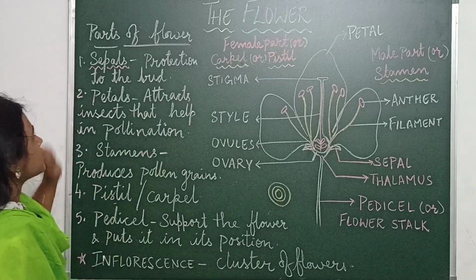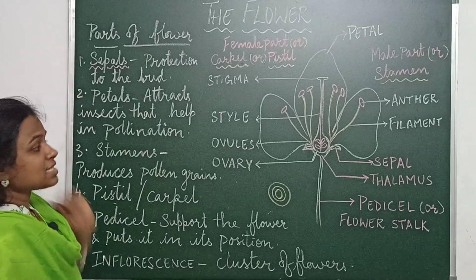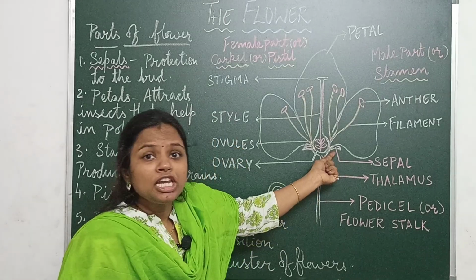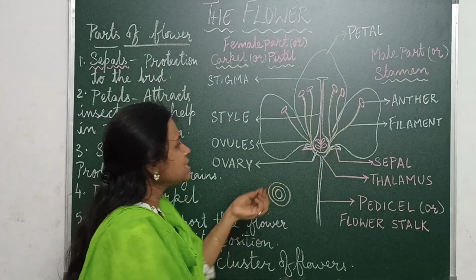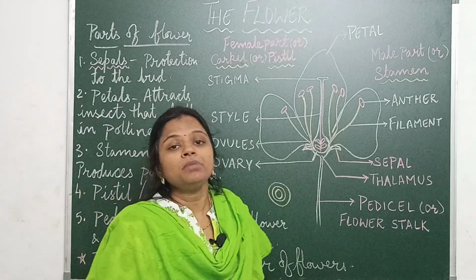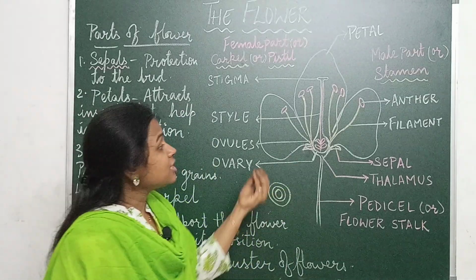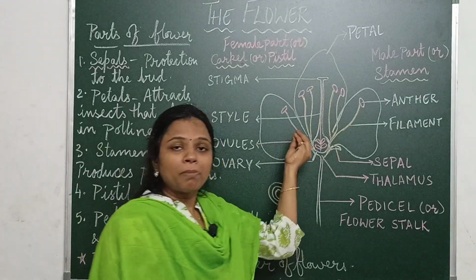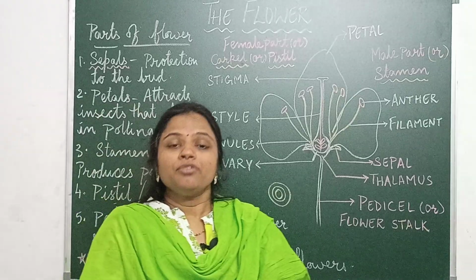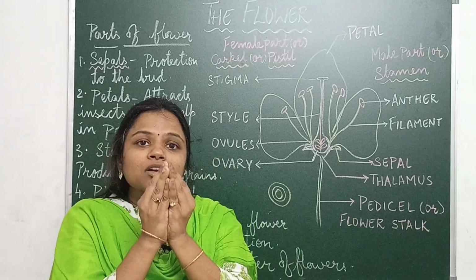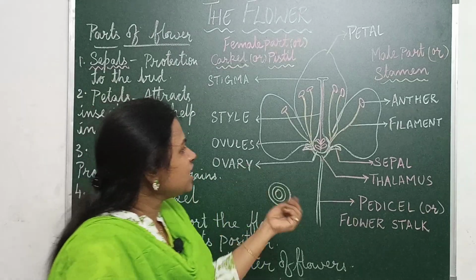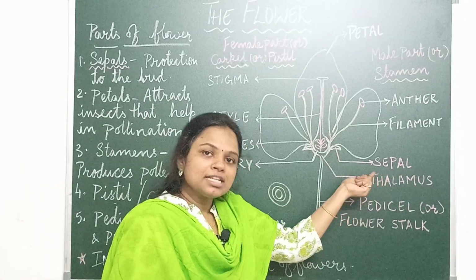So here comes the first one, that is nothing but sepals. Sepals are the green, small, leaf-like structures which we often see at the base of the flower. These sepals are very important for the flower as they protect all the floral parts when it is in the stage of a bud. We often see that the buds are closed by long leaf-like structures which are green in color. They are nothing but the sepals.